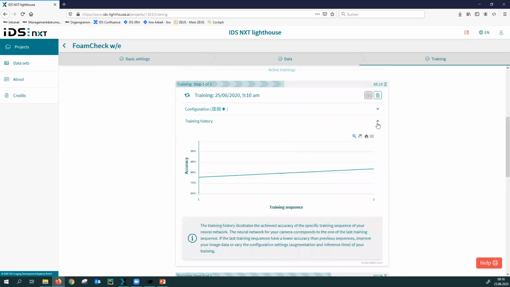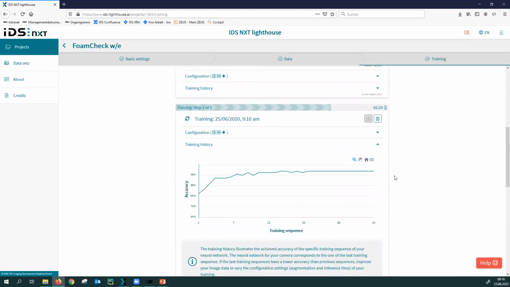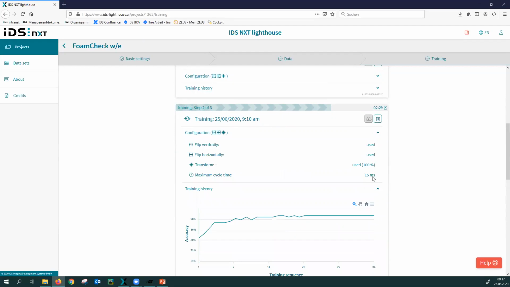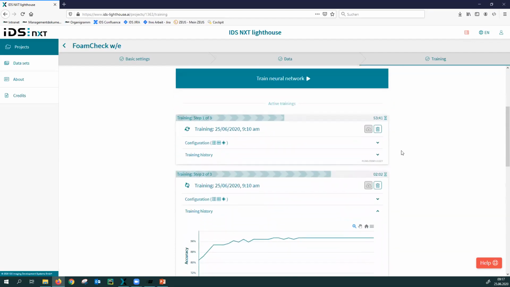And down here we have the smaller model. Yeah, that comes along a lot faster. I've already trained 33 epochs, so that's the smallest one. And I hope it will be done very soon.